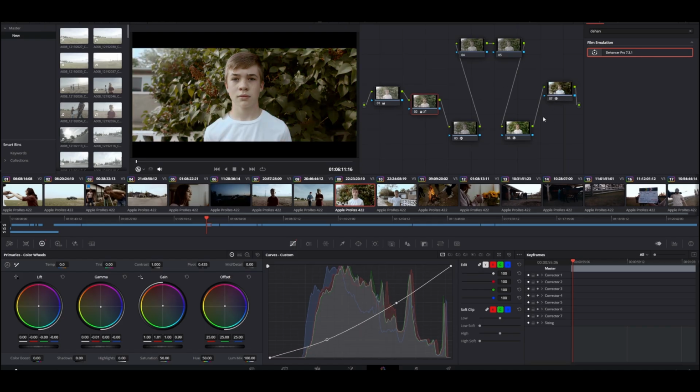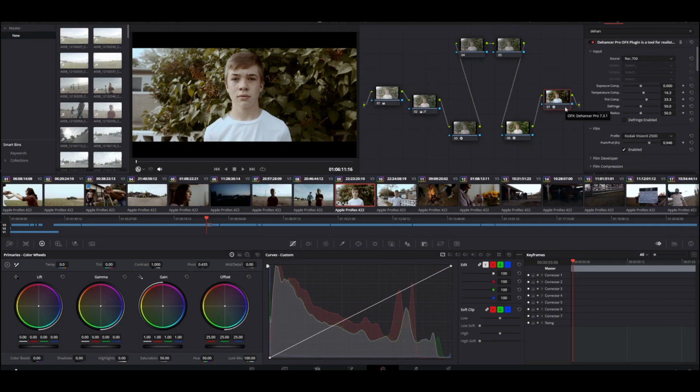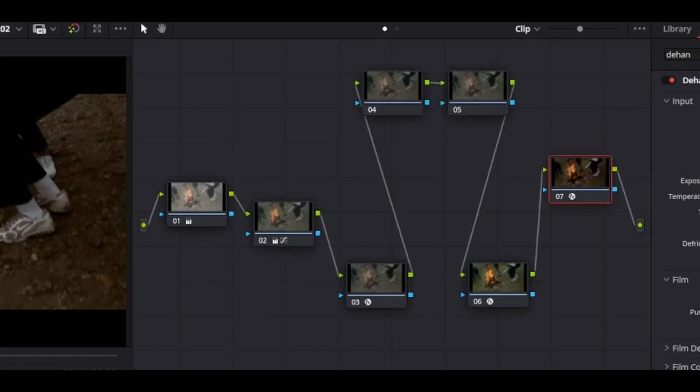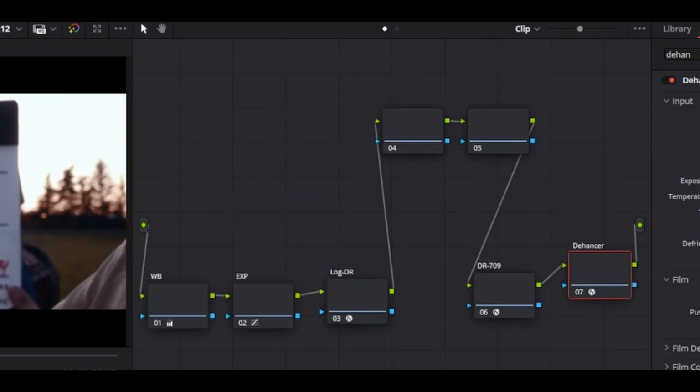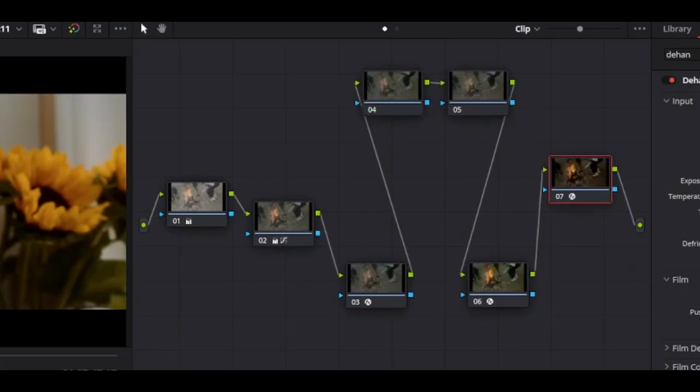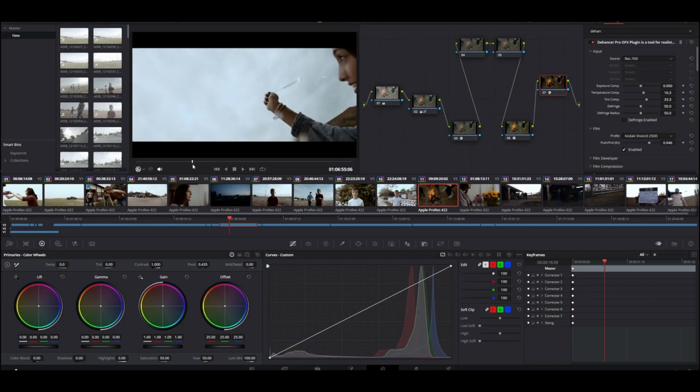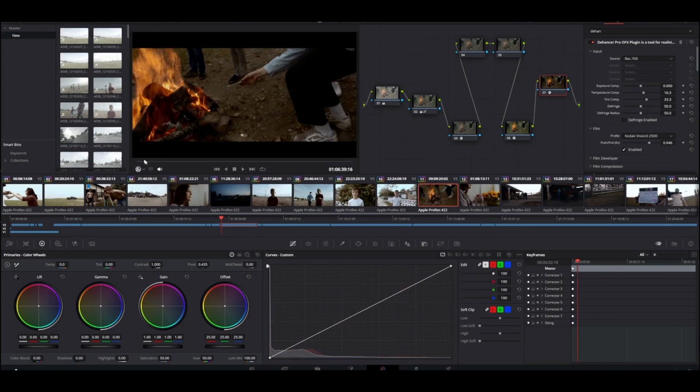The thing I really, really love about Dehancer is it reminds me of when I used to use Magic Bullet Looks, and particularly their film plugin. What I liked about that plugin, and I haven't used it for years, I had it on a 2016 MacBook Pro, and every time I would use it, my MacBook would burn my fingers. So it really ran its course through that laptop. But what I liked about it was that the grain, and not just the grain, but the film scans themselves, actually affected the whole image. And rather than having the static film grain that you have built into DaVinci Resolve or a film overlay,